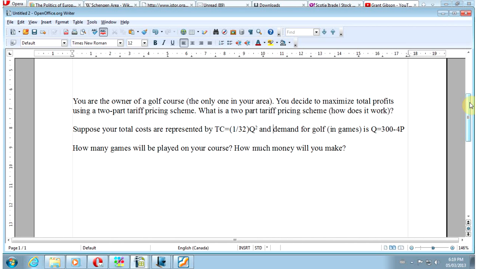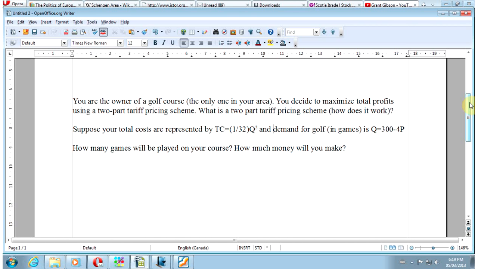Hello and welcome to the two-part tariff tutorial for 2x03 2G03. This is one of those problems where people don't know what a two-part tariff is on the test, and it's sort of an easy problem to solve, so you're really shafting yourself if you don't learn what a two-part tariff is and do well on the test. But I sort of feel like I'm preaching to the converted if you're watching these, so let's jump into the